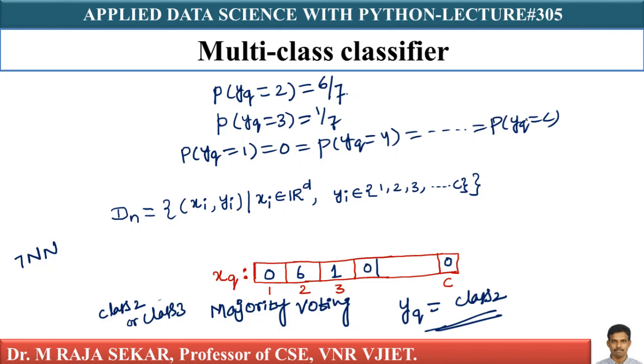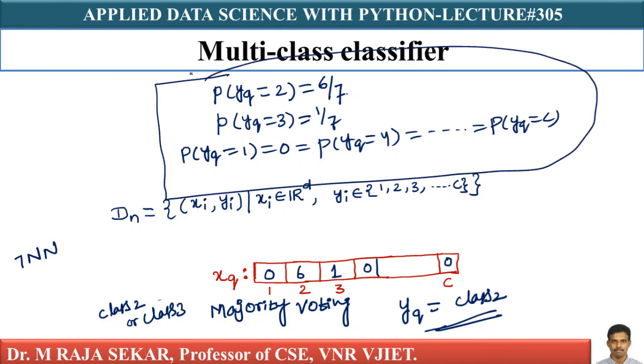If I want to build a probabilistic classifier, I can use these probabilities to build it. So, KNN, because it uses the majority rule or a probabilistic method like this, we can easily do multi-class classification. So, KNN can easily